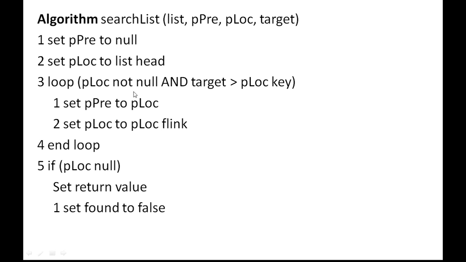So just like the singly linked list, we use a loop to determine the correct location by comparing the target. The target is nothing but the number or value that we want to insert into the linked list. So we have to position it into its correct order as per the ascending order. So this comparison is made. So when it reaches its location, then it will be equivalent to f location, and if f location is null, it means that we could not find the value, so the value is not actually present in the linked list, so it is false.